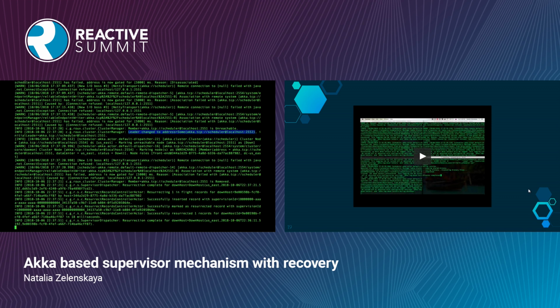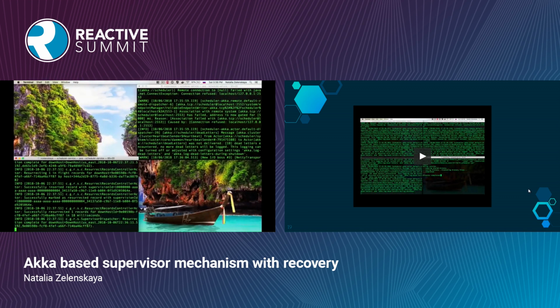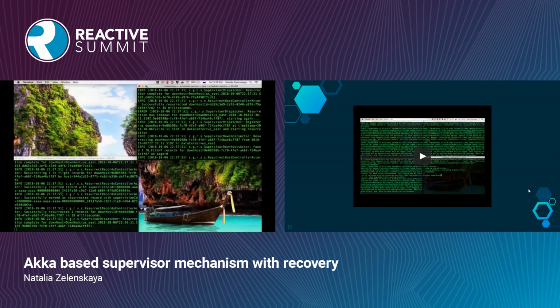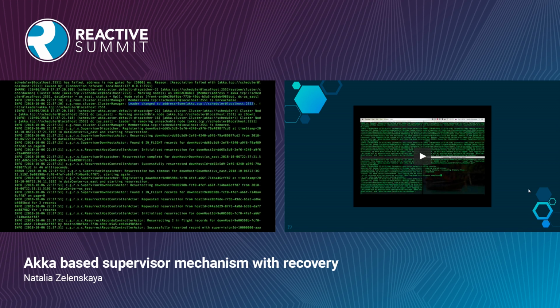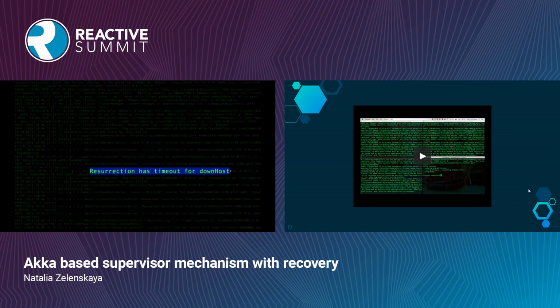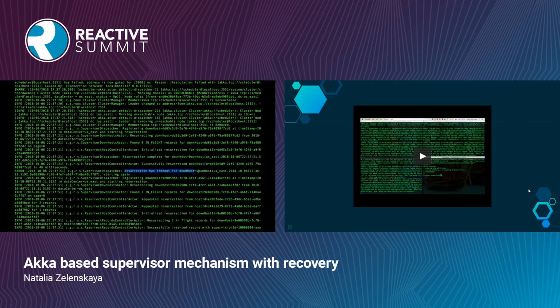Again, some time goes by, and eventually our recovery timers that were responsible for node number 3 are going to fire an event that there was no acknowledgement of successful recovery of the failed node number 3. We can see this message in one of the nodes, which is our leader: resurrection has timed out for the originally failed host. Now it sees that it's the current leader of the cluster, and it's its responsibility to finalize the resurrection of node number 3.